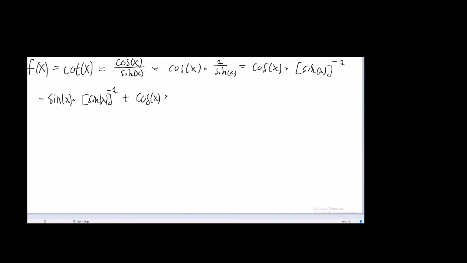multiplied by, and when we take the derivative of this, first we need to take the derivative of the outside, and then we just apply the exponent rule, and then we multiply it by the inside, it's cosine of x, and this is just the same thing as negative sine of x multiplied by 1 over sine of x, and that could be rewritten as negative sine of x over sine of x